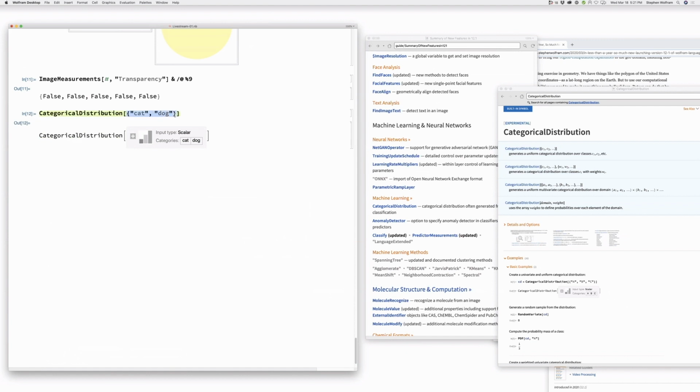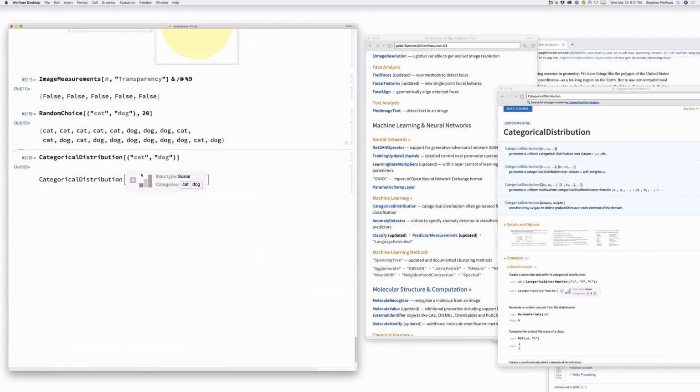So, for example, I might say, make me a list with 20 random choices of cats and dogs. Okay, but now I want a statistical distribution that is that. So I can say, give me a categorical distribution of cats and dogs that is based on this, and I could say things like